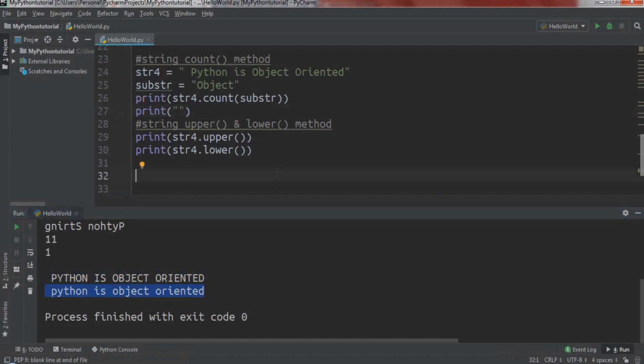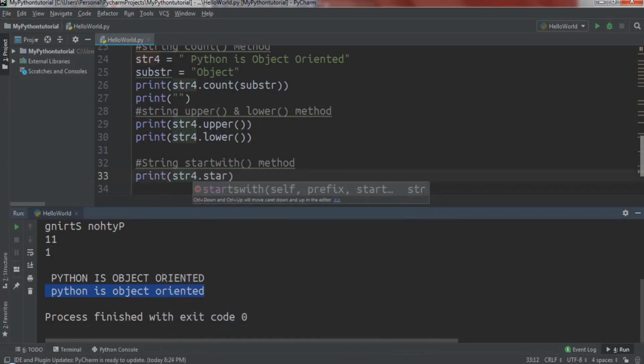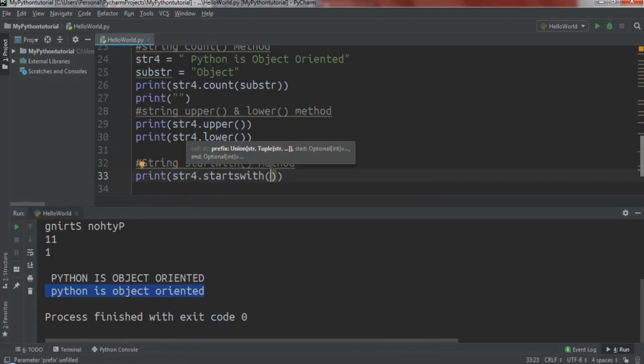Another method is the string startswith method. The string startswith method returns boolean true if the string starts with the specified substring, otherwise it will return false. For example,